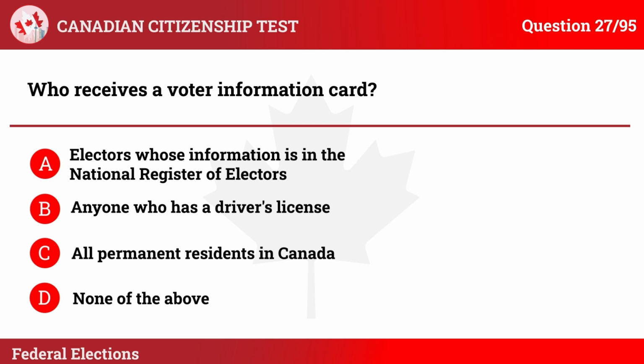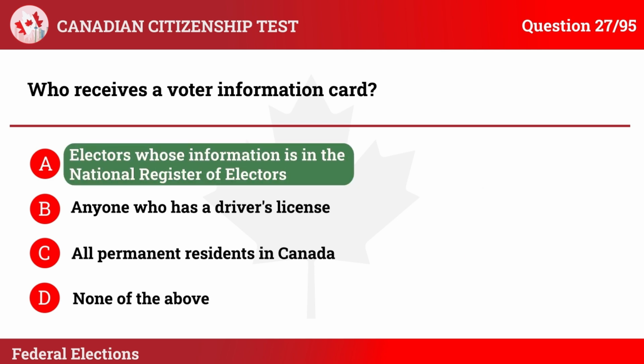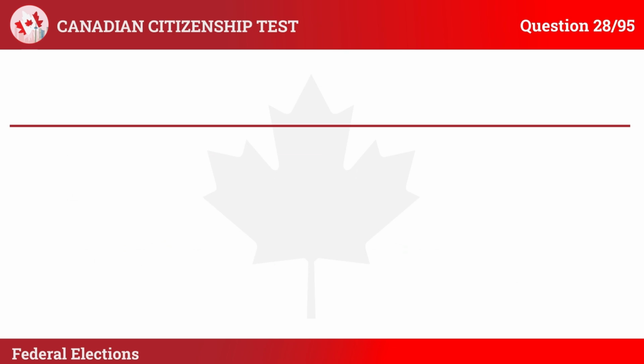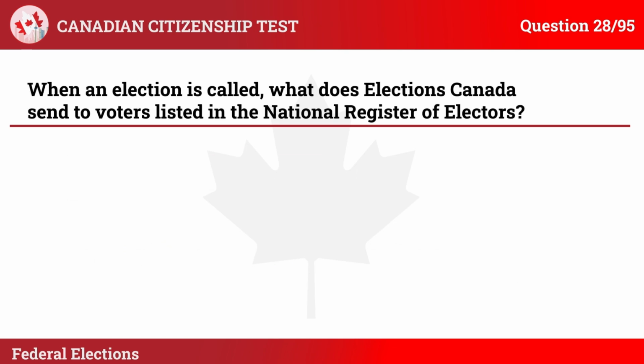The correct answer is A. Electors whose information is in the National Register of Electors. Explanation: Electors whose information is in the National Register of Electors receive a voter information card confirming their eligibility to vote. Question 28. When an election is called, what does Elections Canada send to voters listed in the National Register